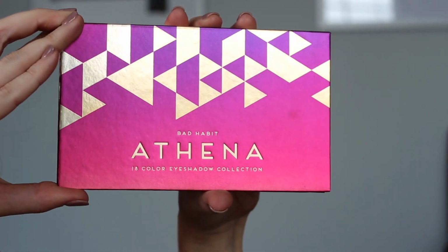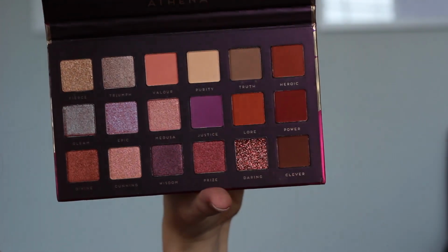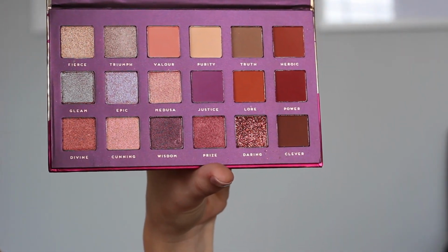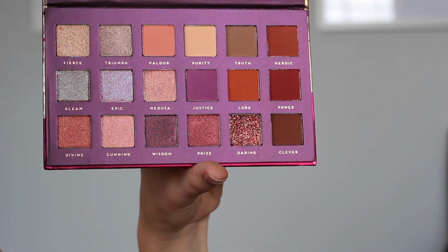For the last eyeshadow palette I have, this one is called Athena. I think that's such a pretty name, and again, the packaging is gorgeous. The shimmery, shiny packaging just calls my name. And when I open this one, I see a ton of springy matte shades as well as a ton of glitter. I love glitter so much, and again, this glitter lays very beautifully, and it's 12